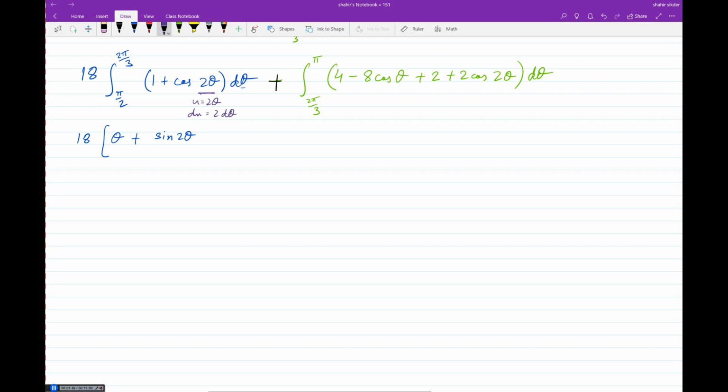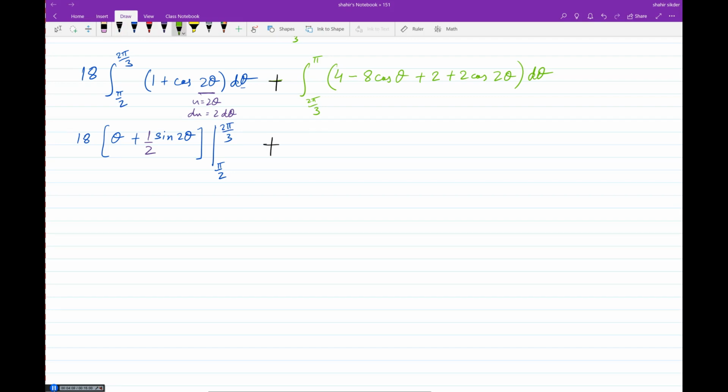To compensate for that 2, we need to put a 1/2, so here's that 1/2. That's my blue chunk, evaluated from pi halves to 2 pi thirds, plus